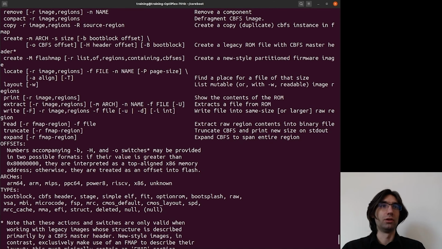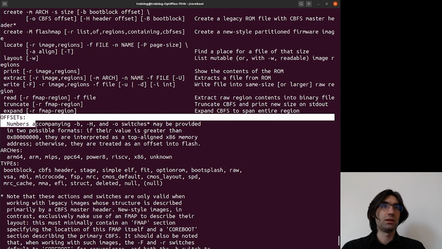We can also read a given flash map region, so basically we save a region contents to a file. We can truncate the CBFS and print its new size to the standard output, and we may of course expand the truncated CBFS to span the entire flash map region.